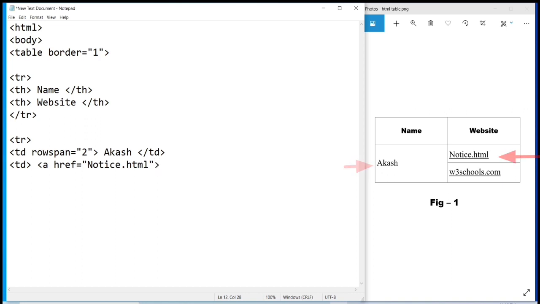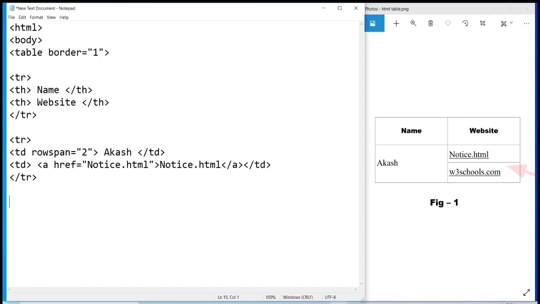And then again, which one we have to click? We have to click notice.html. That's why link text, this position is link text. So just write notice.html and close the a tag, and also you have to close the td tag. Our data is completed, and then you have to close tr also. Why? Because our second row is completed here. We have already used 2 rows, and we have only the last row. There, you can see w3schools.com, this one is our last row.